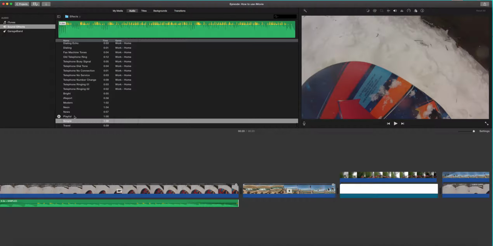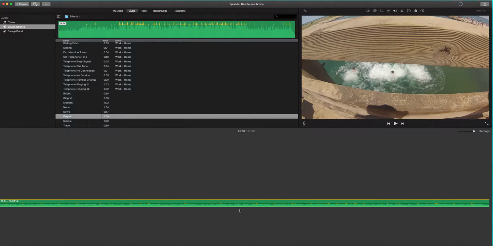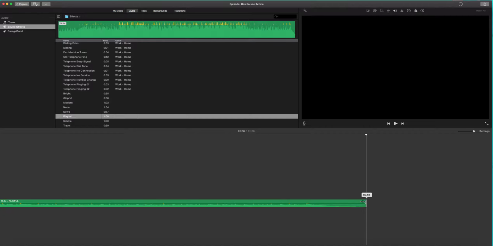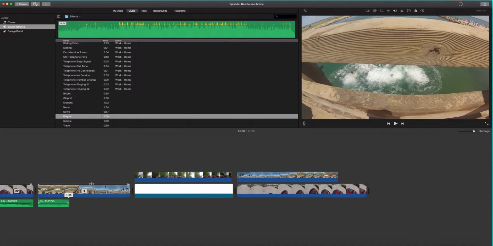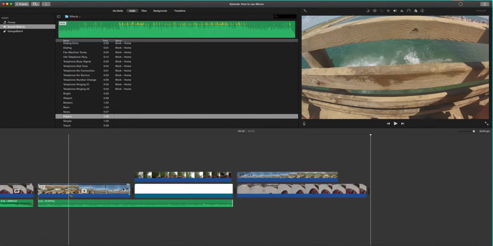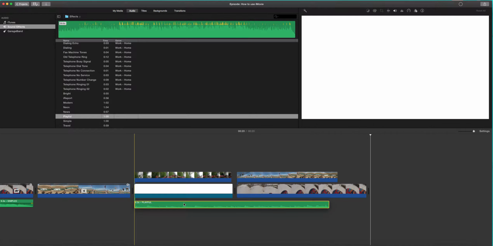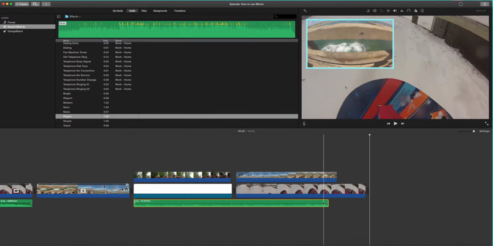And you can choose different audio clips. You can also use the same one, but I'm going to use different ones for each video. So again, I'm going to go all the way over here, and there we go. I'm actually going to have this one go in for the same. And then I'm going to actually move this one down here, sorry,